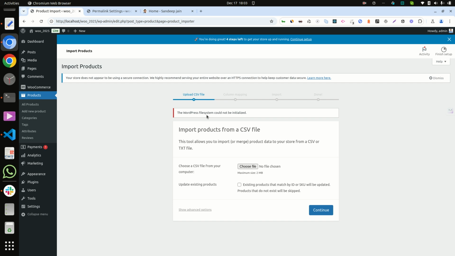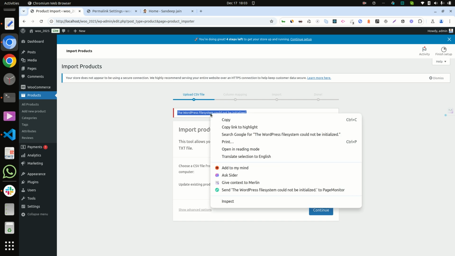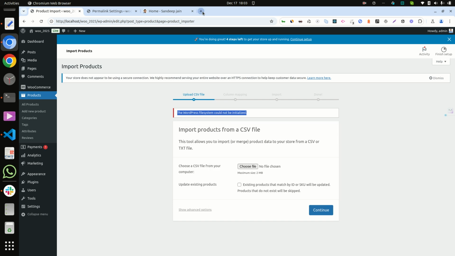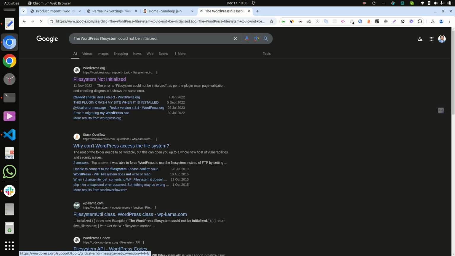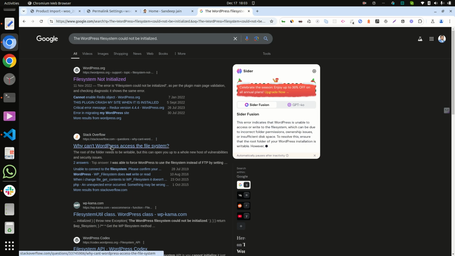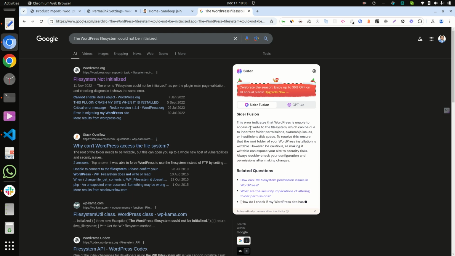First, as we already searched, when we go to Google, it shows that this error indicates that WordPress is unable to access or write to the file system, which can be due to incorrect folder permissions.